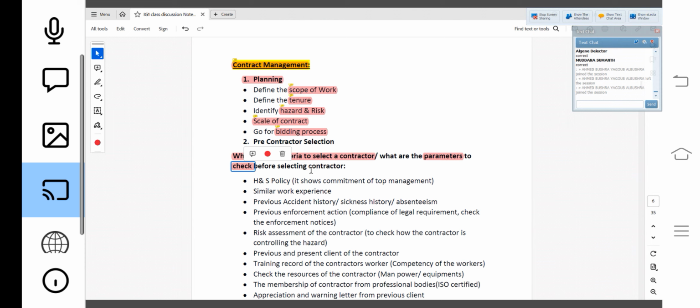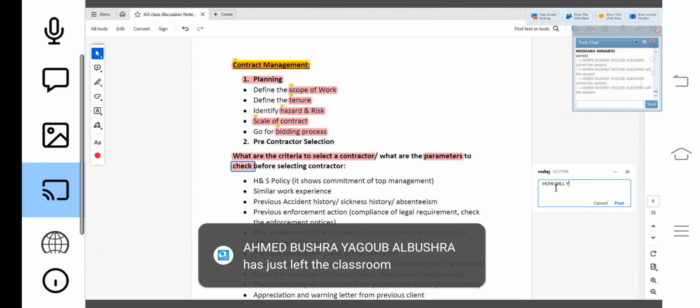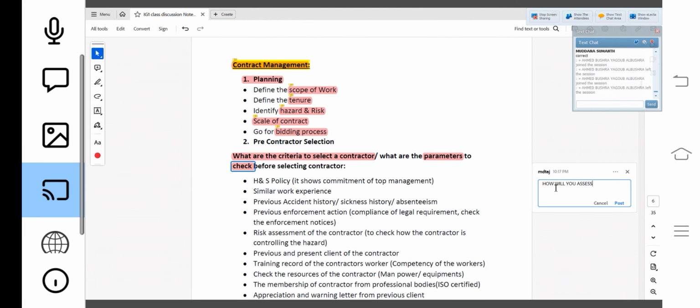Or even the question comes that how will you assess the competence of the contractor before selecting them?